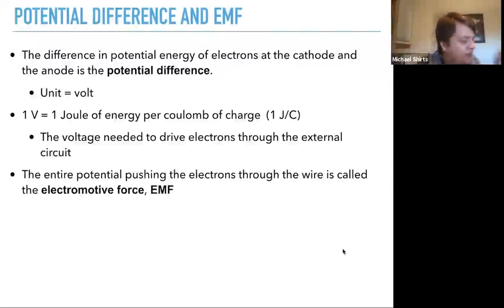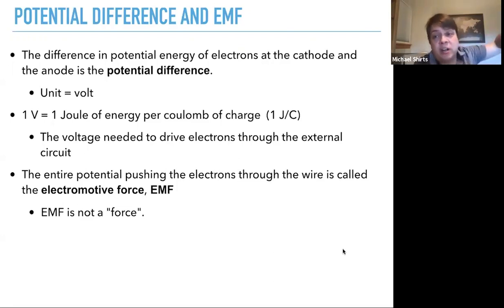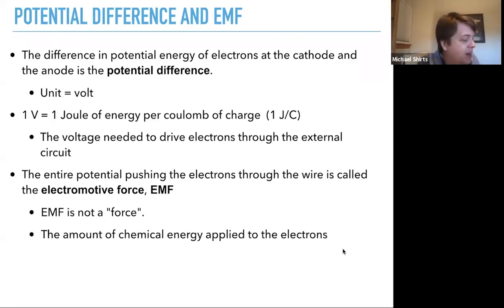Okay, and so the entire potential pushing the electrons through the wire is called the electromotive force, or the EMF. Now, this is really a bad name, but we're sort of stuck with it now because the electromotive force is not a force. It's not like gravitational potential is the difference in energy, and the gravitational force is the actual directional vector of where the water is going. It's the amount of chemical energy being applied to the electrons. It's the total amount of energy you would get from the chemical reaction, which, if you look at the very endpoints between the two electrodes, is equal to the potential, but the potential is defined at any 2